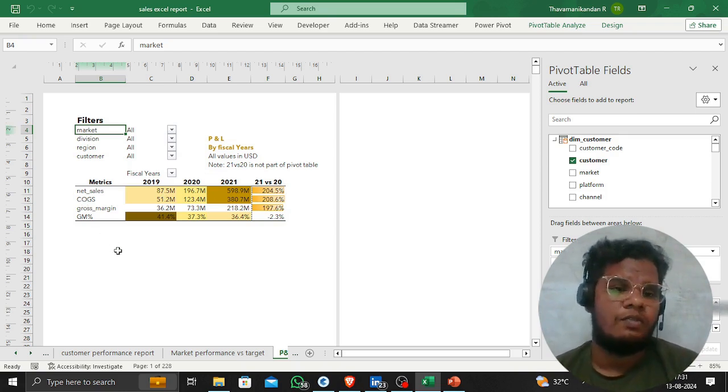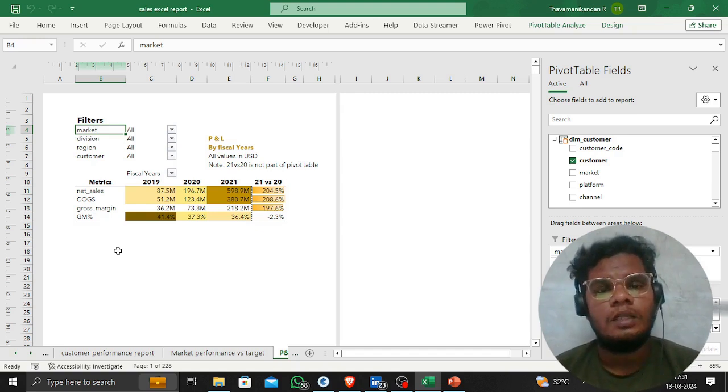COGS means the cost of goods sold. For example, if you are manufacturing a mouse, the COGS includes the transportation cost, manufacturing cost, and other costs. There are a lot of costs incorporated in the COGS. For example, if the mouse price is 10 rupees, which means the net sales is 10 rupees,